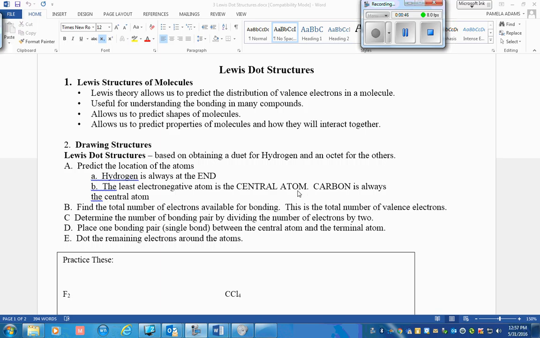So find the total number of electrons available for bonding. That means you count the number of valence electrons. Determine the number of bonding pairs by dividing the number of valence electrons by 2. Place one bonding pair, a single bond, between the central atoms and the terminal atoms, and dot the remaining electrons